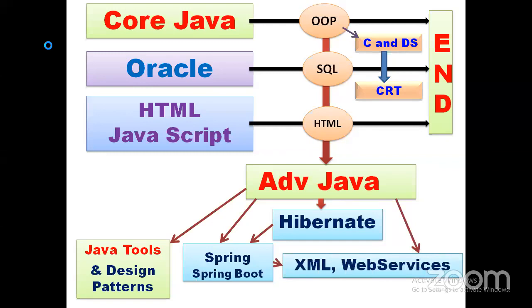You know, the first three courses you start in parallel. Within one and a half months, HTML will be completed. In place of HTML, you are starting advanced Java. Then after 2 to 2.5 months, Oracle or Core Java will be completed. Then in the middle of advanced Java, Hibernate, and in the middle of Hibernate, Spring Boot you are going to start.